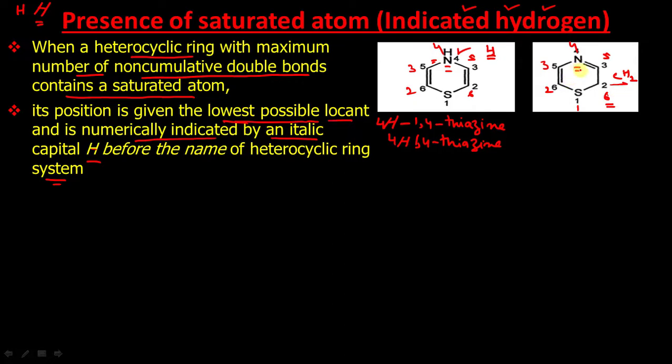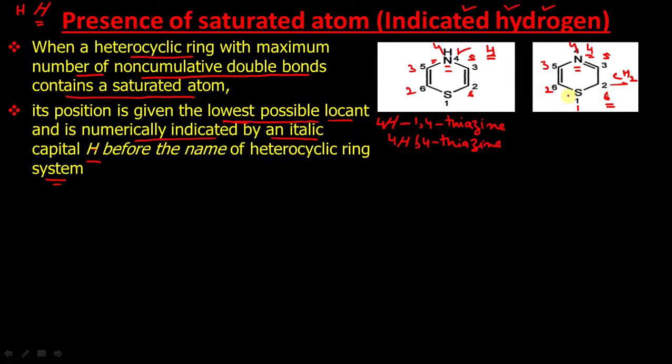The first preference should be given to the second heteroatom. Then we will discuss what are the other possibilities. Now either you start from left side or start from right side. In both the cases nitrogen will get a position number 4. So both are equivalent for it. Now next we have to see the position of this saturated atom. This rule says that if possible it should also have a lowest possible locant position.